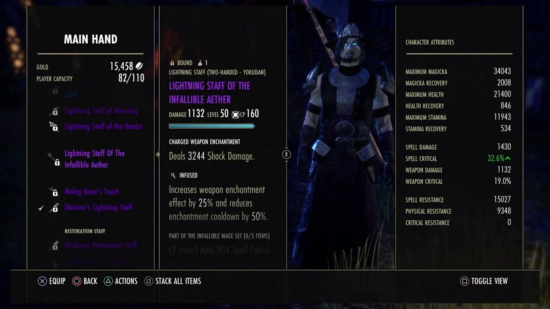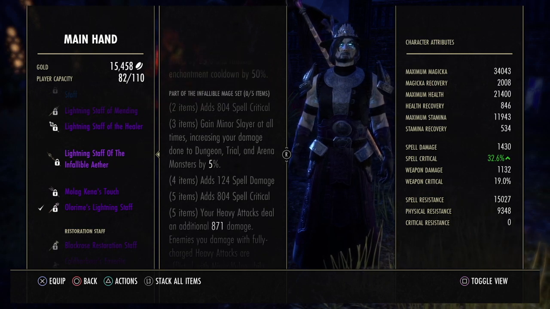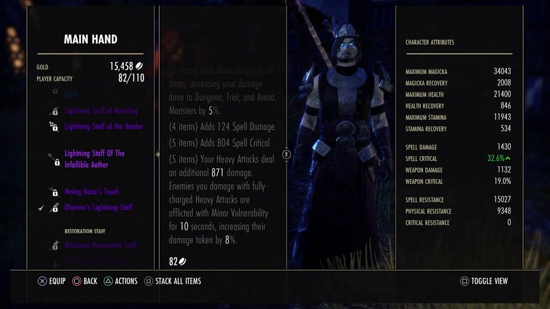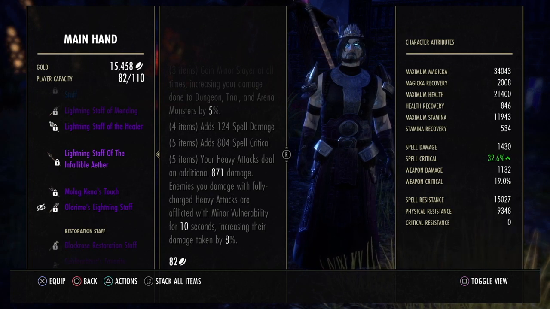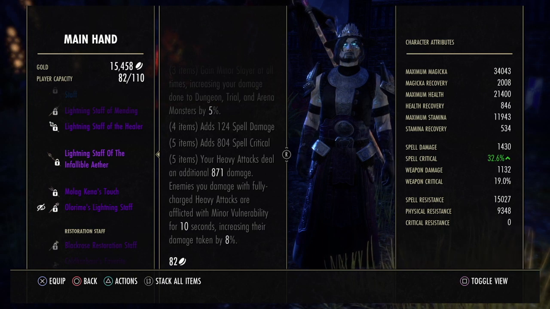Then, Lightning Staff of the Infallible Ether. The Infallible Mage set is actually a DD set. It increases spell critical, minor slayer, spell damage, and spell critical. Healers used to wear it a lot because it can also apply minor vulnerability for 10 seconds, increasing the damage taken by 1%. This, however, is the same buff that our Agony Totem gives already,